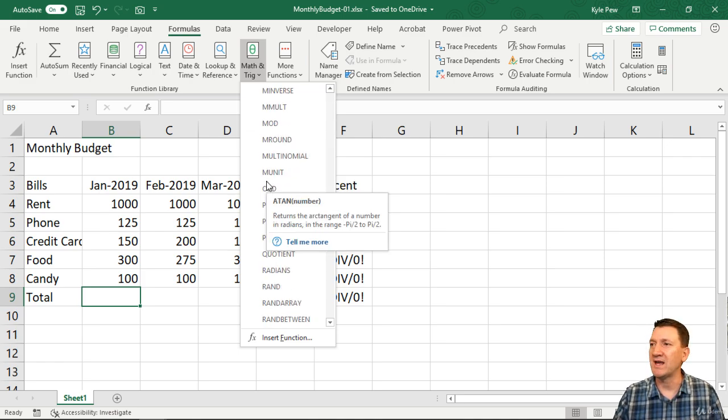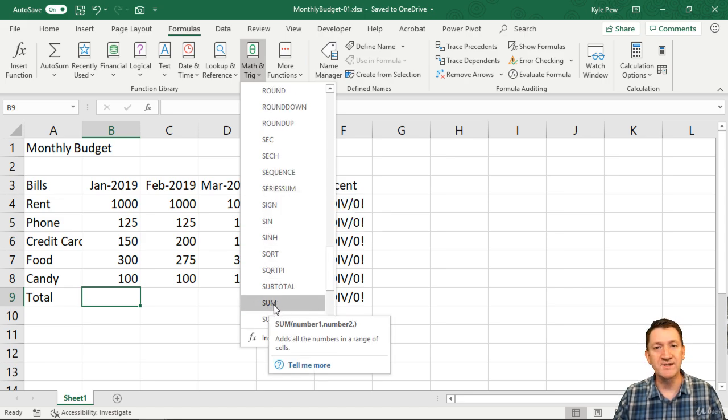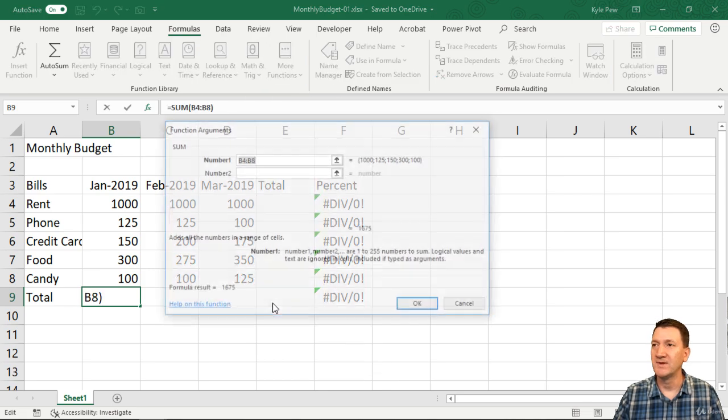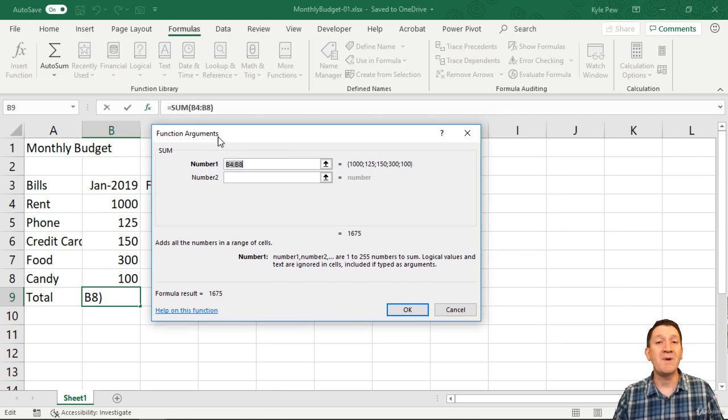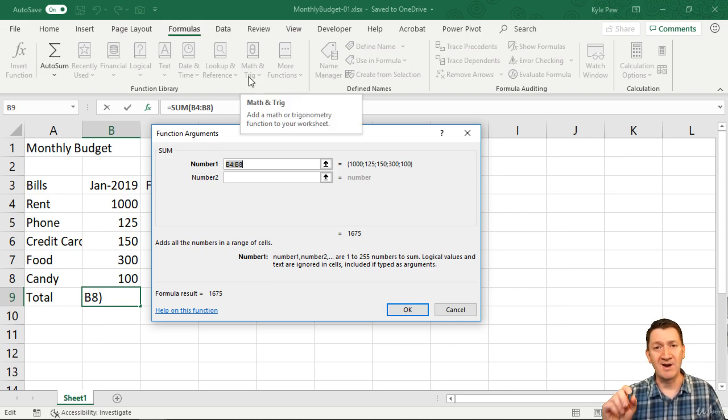So I'm going to scroll down. I'm going to find the S's. There it is. And I'm going to find SUM. There's just plain old SUM. I'll give that a click. And this is going to open up the Function Arguments window that we saw in the prior lecture. Now here's where it might be a little bit different compared to the earlier versions, depending on what you're using. Here, all I did was Formulas, Math and Trig, grab the SUM, open up the window for me, and it's